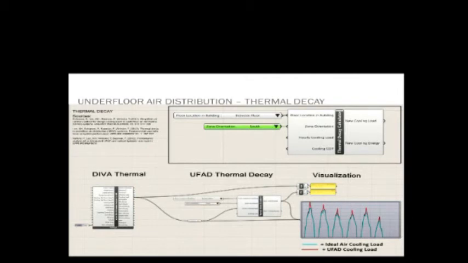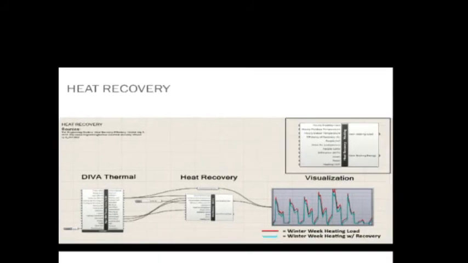So if you were doing that with overhead systems, then you do not experience that, but with underfloor system you could. So as you can see in this data visualization chart, these brown peaks are because of underfloor distribution, even though you're supplying the air at a higher temperature. And also we added the capability of different systems in the component. Let me actually go back a second.